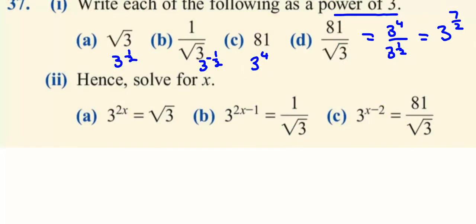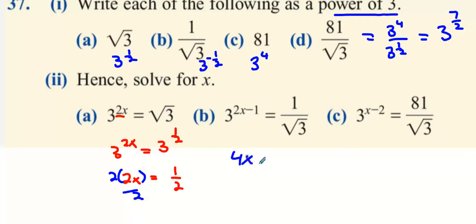Now, next thing. Look at this. 3 to the power of 2x equals a half. Give them a common factor if you want to do it that way. 2 on the bottom, 2 on top. What you mean? 4x over 2 equals a half. The halves don't matter. And to bring the 4 underneath and we get